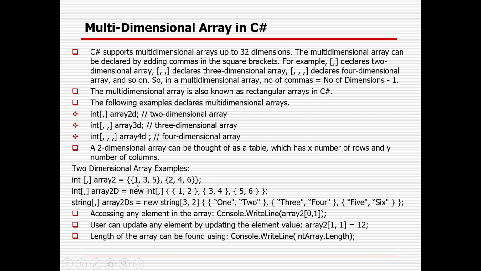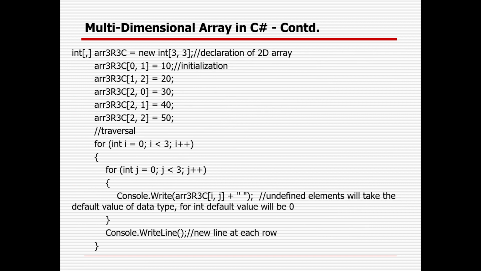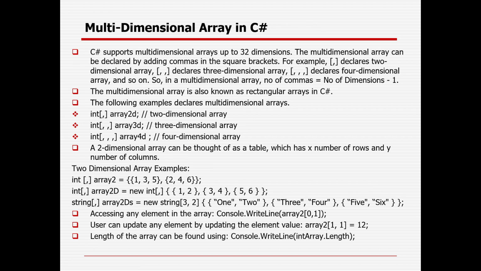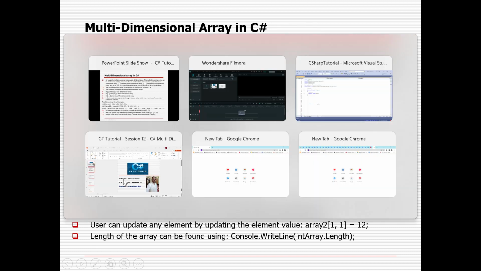Otherwise, you can use the new operator to declare a two-dimensional array and define the size of the array, and then add the values. Apart from that, there is another way where you first declare the array, then initialize the values, then traverse it. These are the couple of ways I will show you to deal with the multidimensional array. So now let's go to